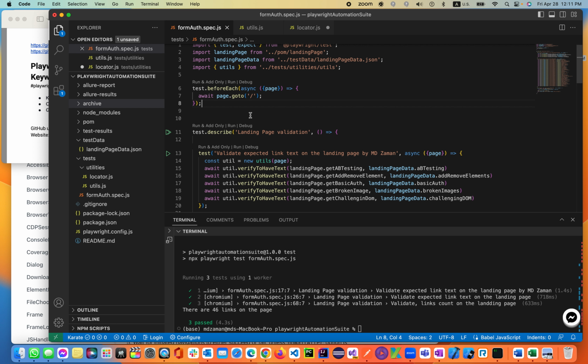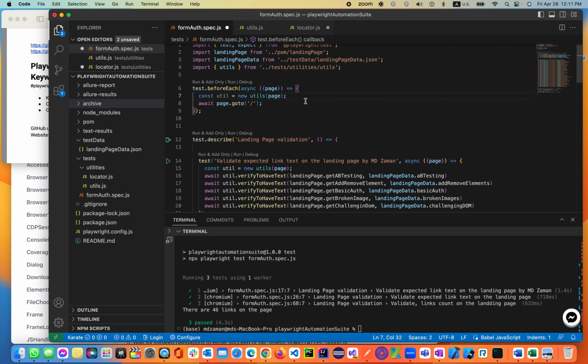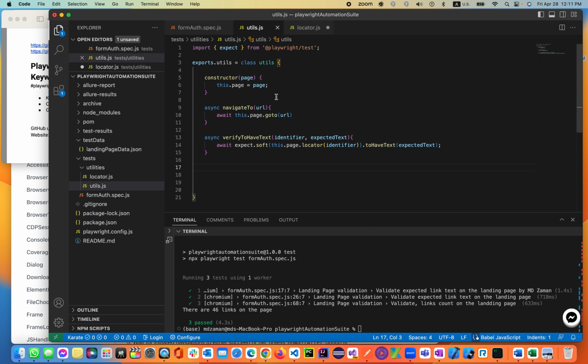So anywhere you are using those keyword functions inside the test or in test hooks, you have to call that utils class, or you have to call that corresponding class and create an instance of it. So that means in order to use the beforeEach, test.beforeEach, in order to use our navigation keyword from the utils file, this is the navigateTo we created for the go to URL, right? We have to